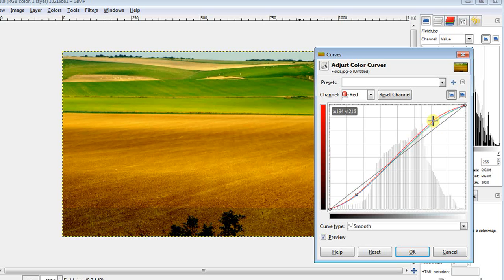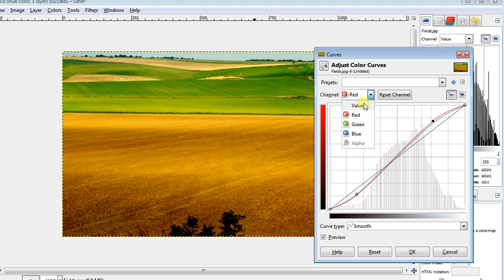That's basically because I want to create that sun-kissed effect, where we have highlights and we also have shadows. So I'm increasing the contrast between the highlights and the shadows by making these corrections. And now if I go back to the value channel, you will see those 3 lines are now stepping outside the original black line, and you can see the adjustments that you've made to the red, green and blue channels